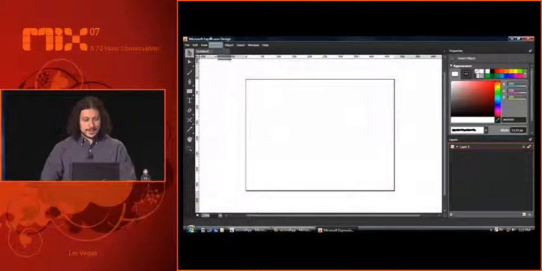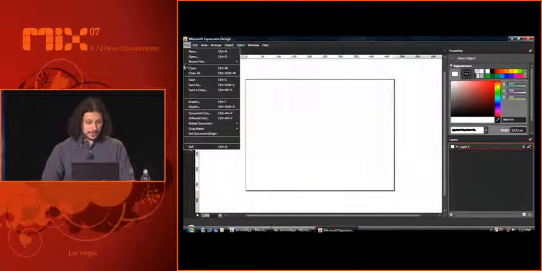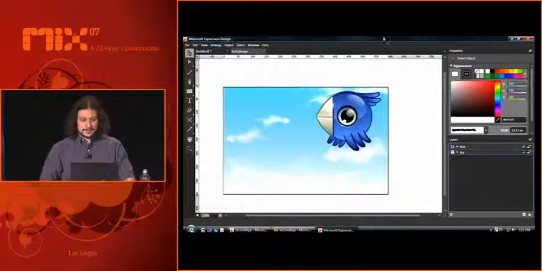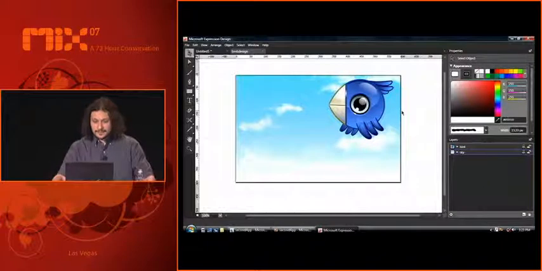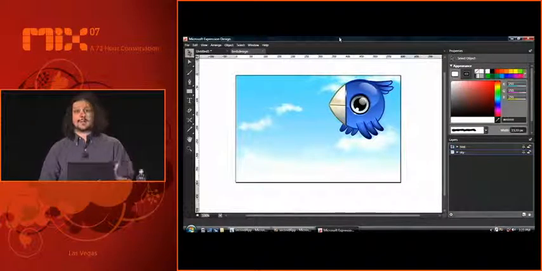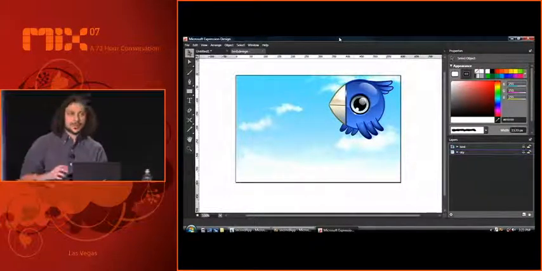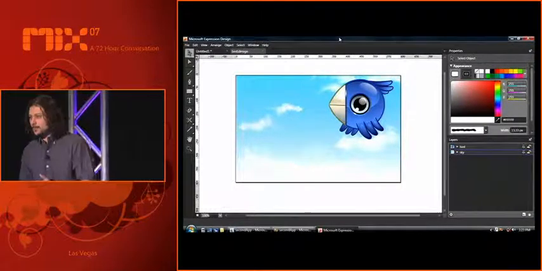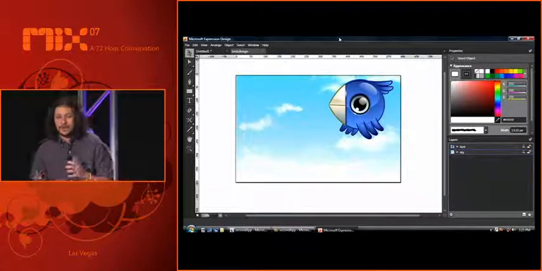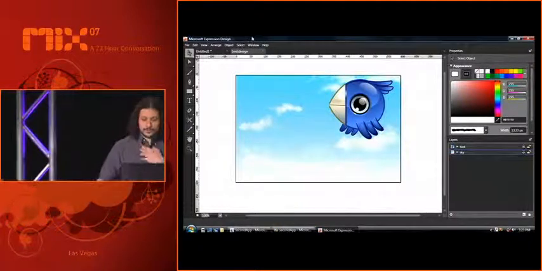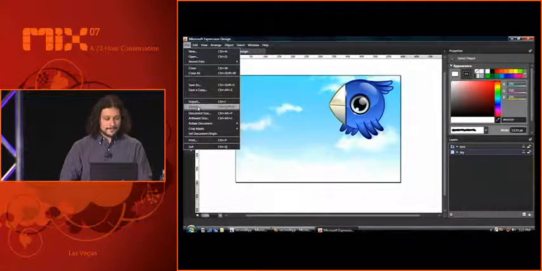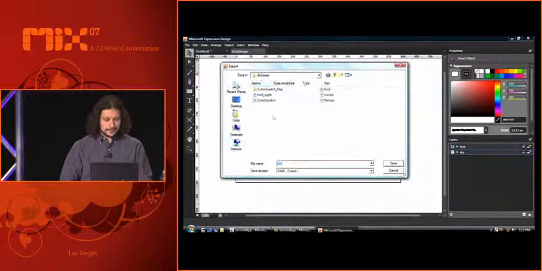But right now I have already one of my designs ready. So we have this cute little bird, and I'm going to just export as a XAML file. So the object, as we saw before with the relationship between developers and designers, we will work with XAML. So Design, of course, exports to XAML. And to do that, I just go here to File, Export,